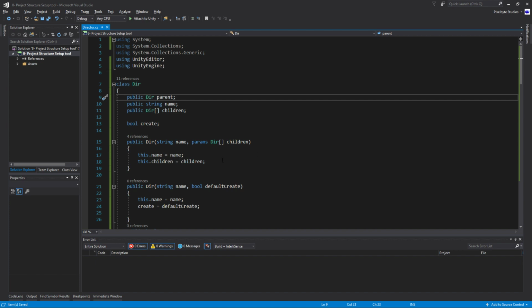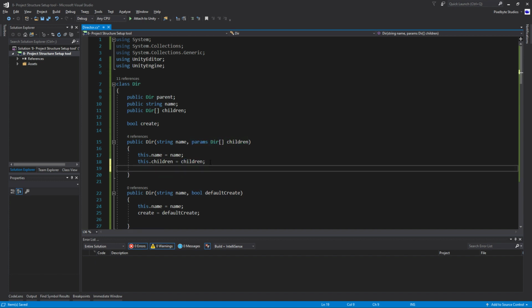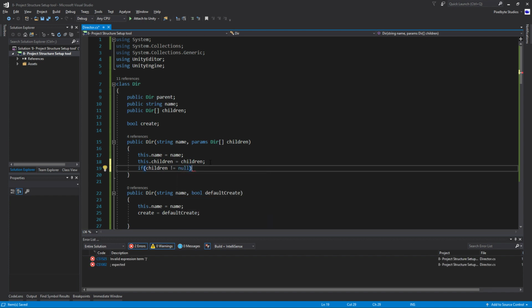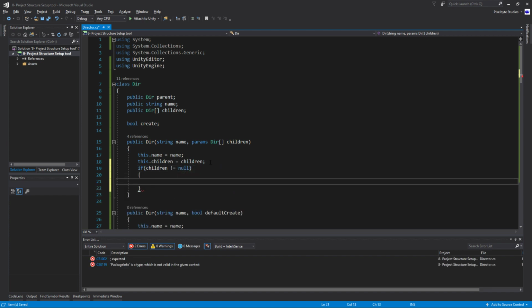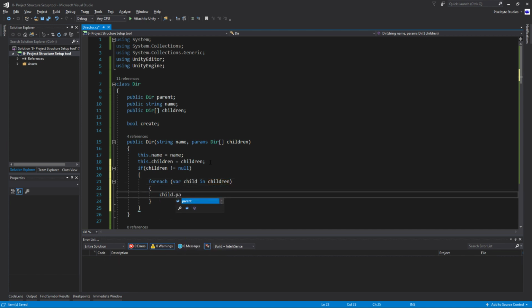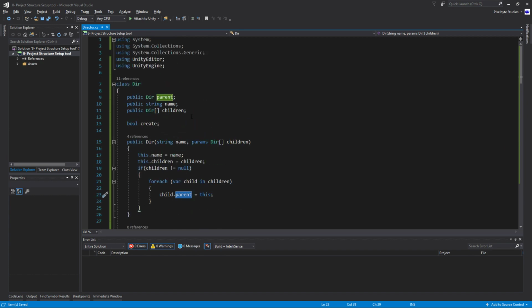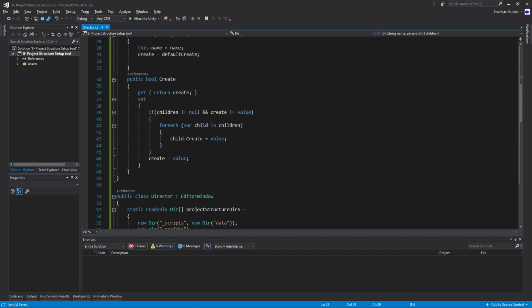So we do know that if we do this, then these guys are going to have a parent. So we'll set their parents. And that's the way we do that, just like this. So there we are. Child.parent is this. And so now we're connecting them. So now we should come here and we should say